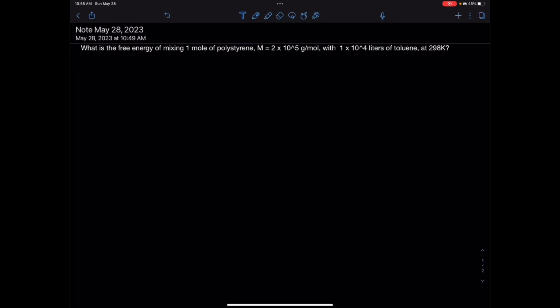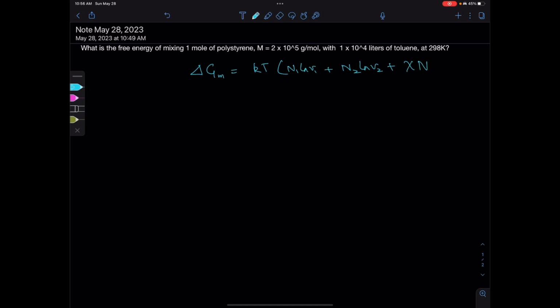What is the free energy of mixing 1 mole of polystyrene, molecular weight 2 times 10 to the 5 grams per mole, with 1 times 10 to the power 4 liters of toluene at 298 Kelvin? So free energy of mixing delta G is given by delta Gm is kT times N1 ln V1 plus N2 ln V2 plus chi N1 V2, where k is a Boltzmann constant,